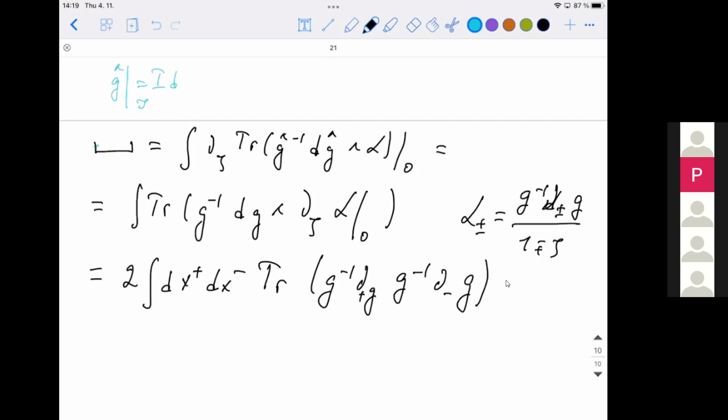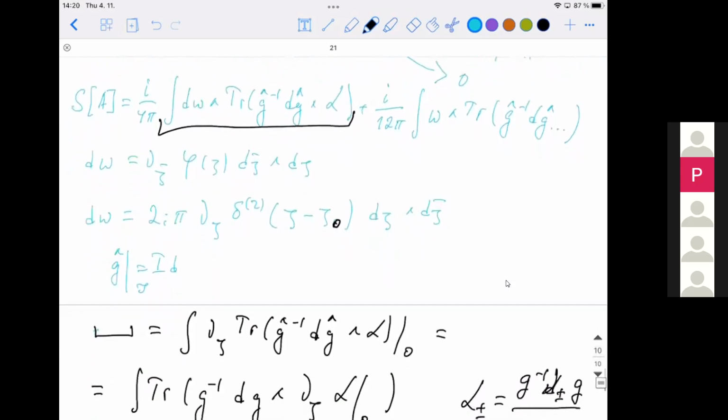So the action is just reduced to this form. But there should be some coefficients, so let's just color some coefficients there. So this is actually the action for the PCM,